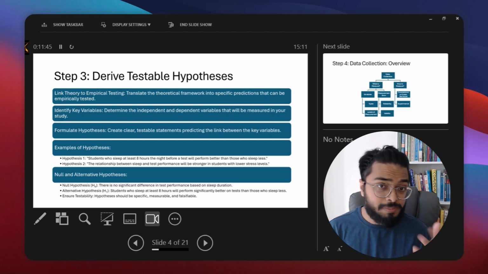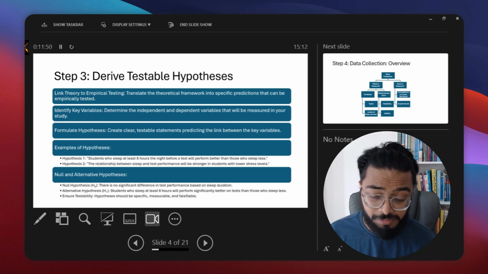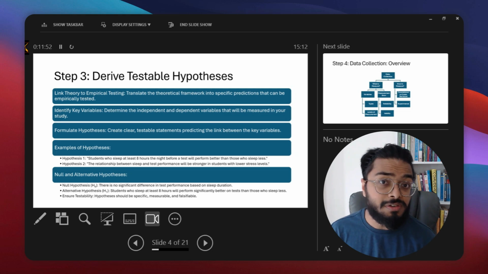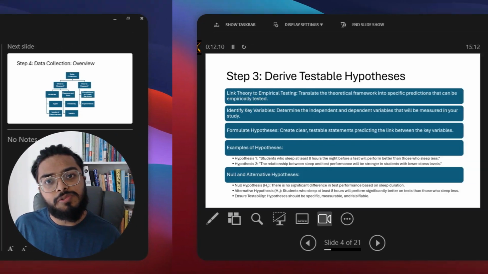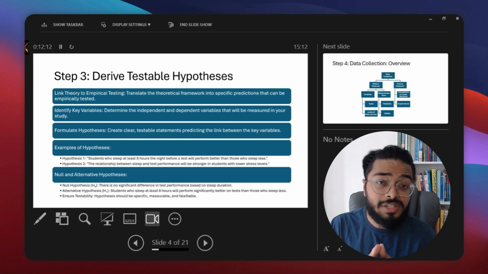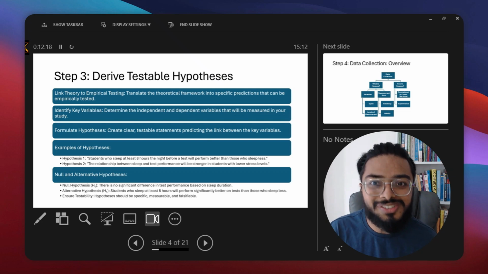Likewise, another example would be there is a significant difference in depression outcomes based on the strength of therapeutic alliance. That is exactly what we are trying to do. So we will be essentially testing null hypothesis, and if it is proven wrong, which means alternative hypothesis is true,